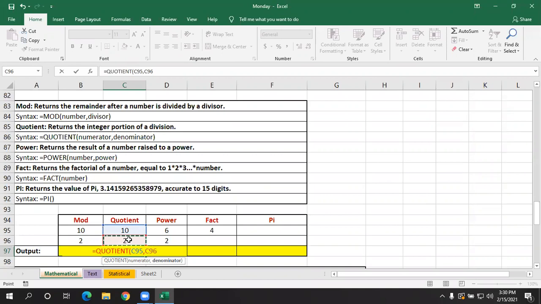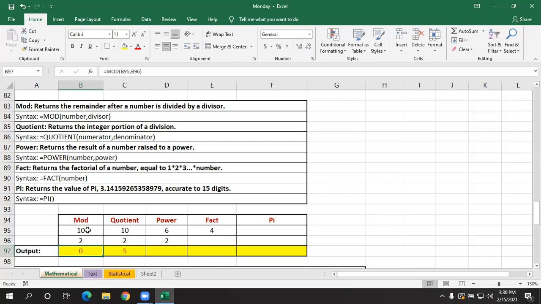For MOD, you get the remainder 0. Here 2 5s are 10, so 5 is the quotient value. To know the remainder value, you have to use the MOD function. To know the quotient value, you have to use QUOTIENT.